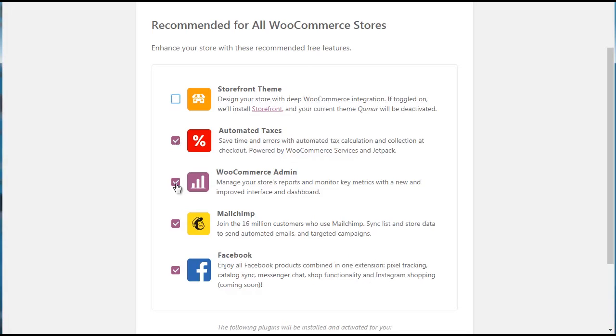It's got WooCommerce Admin, so you can manage your store's reports. MailChimp. Now you're not going to want to have this if you have your own email autoresponder service. So for example, if you use ActiveCampaign or GetResponse or AWeber, you're going to want to uncheck that. And of course it says Facebook: enjoy all Facebook products combined into one extension. Pixel tracking, catalog sync, Messenger chat, and all the above. So you can check these if you want to, but in my opinion, I would simply uncheck most of them